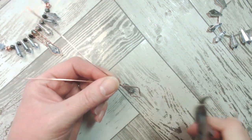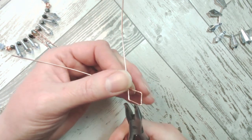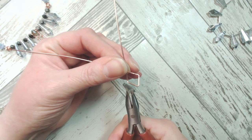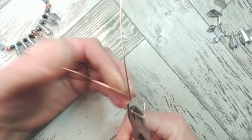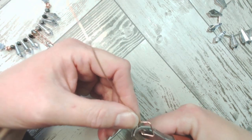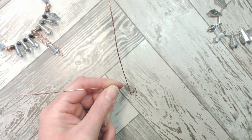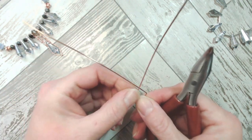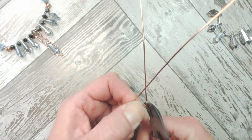Again, we've got that little notch in the wire, which is a very easy solve. Just going to open and close the pliers in the upright so that the left side of the wire and the right side of the wire are being squished to make sure that that's nice and straight. What we will then do is just manually adjust these side angles until your bead will fit inside your shape